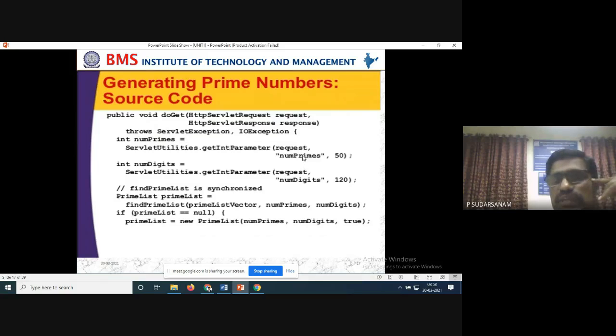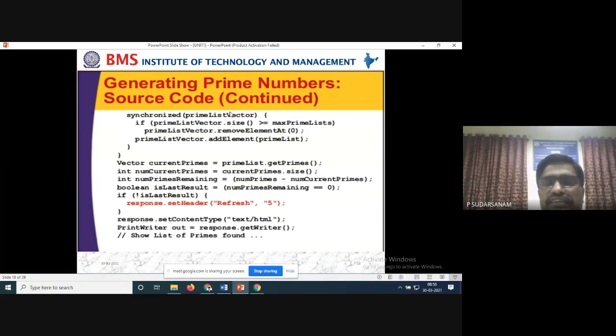Here the number of primes is 50 that I have taken, and the number of digits is 120. A vector is nothing but storing your information like arrays. Vectors are used in mathematics for vector calculations. So that is the way of storing the information. Once you store into the vectors, for the way of displaying, suppose the first locations of the vector you have allocated memory for, if it is filled and crosses the maximum limit, then delete the first one and do the operations in the first location. Otherwise, go ahead without any problems if it is small.